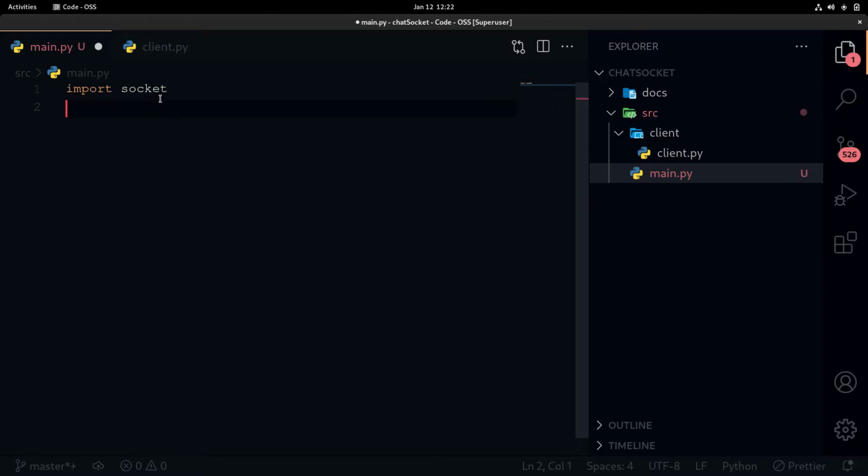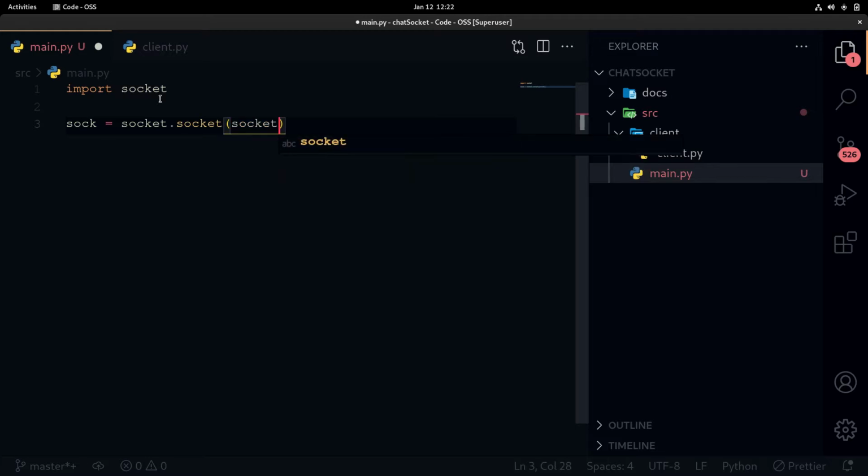So let's start creating and storing the socket method in a variable. Let's access the socket class and get the socket method. Here we specify two arguments: socket.AF_INET and socket.SOCK_STREAM.